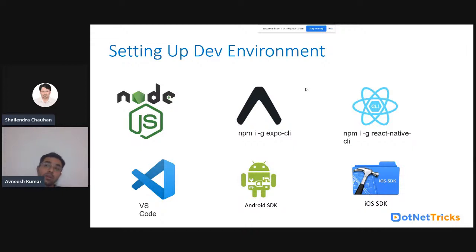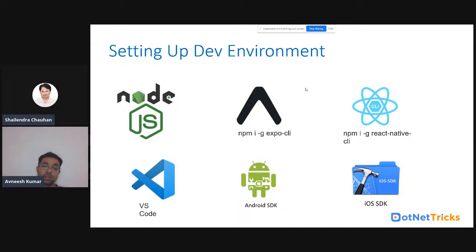But if you are trying to learn React Native from scratch, then my experience says go for React Native CLI so that you can learn everything step by step. Okay, so that's your choice. If you want to go for Expo, or for React Native CLI, that's your choice.